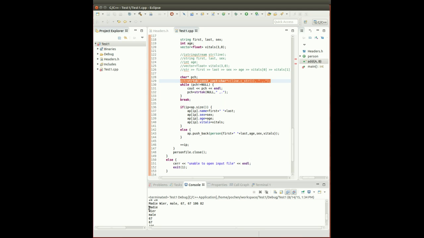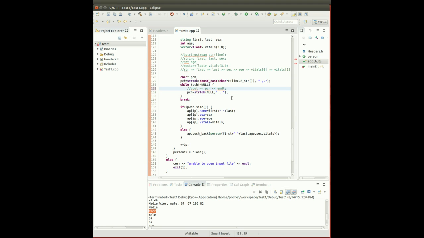That's the first output here. So this MEDI is actually coming from this particular call to strtok, and then WIER, and then the rest of them are coming from this call. So basically I can tokenize the string based on whatever delimiter I use. Now, since I can tokenize the line based on whatever delimiter,